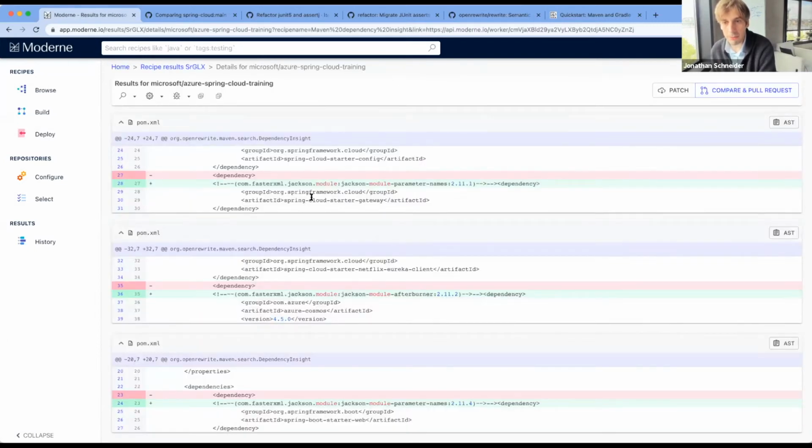And here I've said, Spring Cloud Starter Gateway uses Jackson module parameter names 2111. It's pointed out where it is in the POM that thing comes in. So as opposed to using Maven dependency tree, where you have to map what you see there to what's in the actual POM files, here it's going to point out the exact line where it came in. We could go much further with this, but